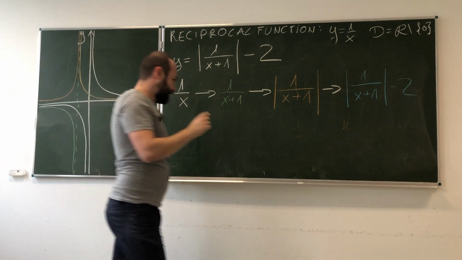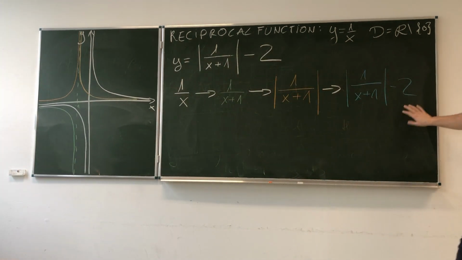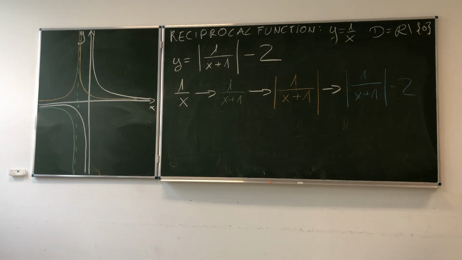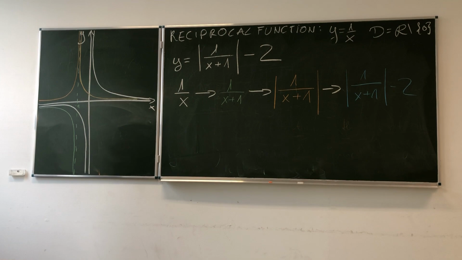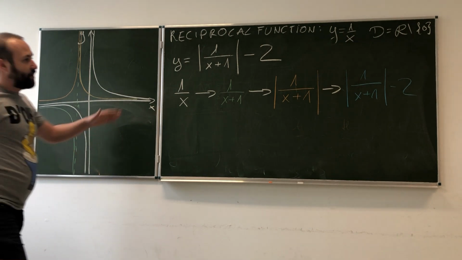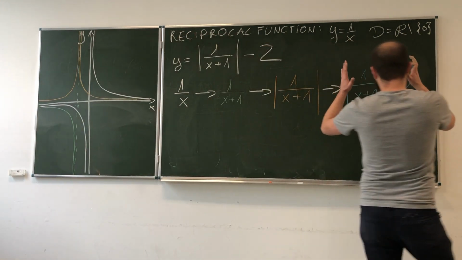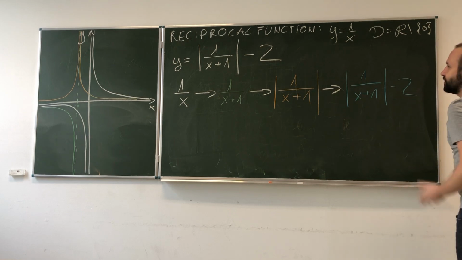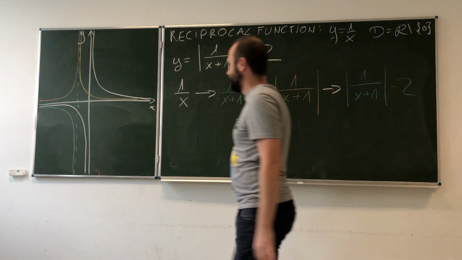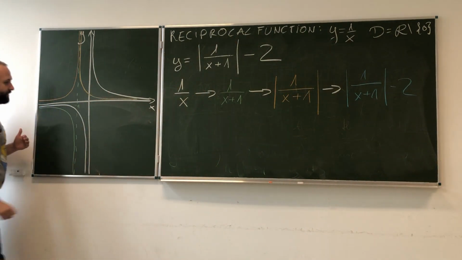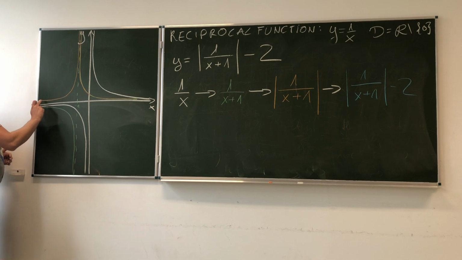Okay. Now, finally, the last step, we need to subtract 2 from the function. This time we are doing a subtraction from the entire function, so we will be moving up and down. Of course, because we are subtracting, every value should be 2 units lower. And of course, the easiest way to obtain this result is